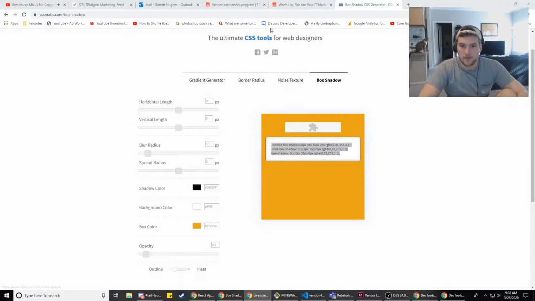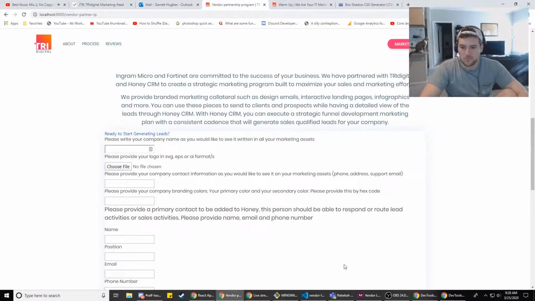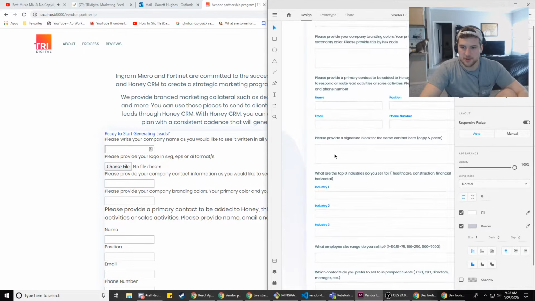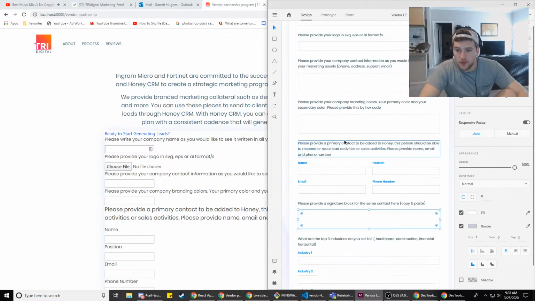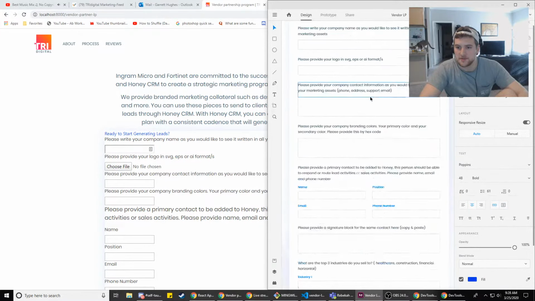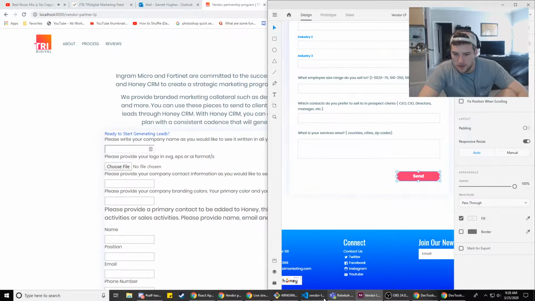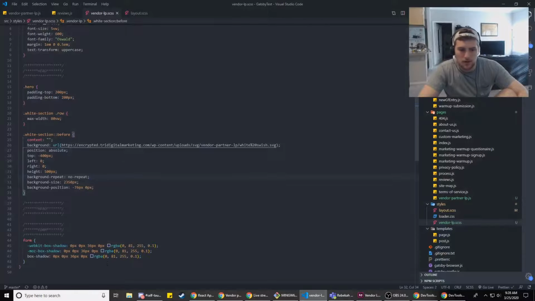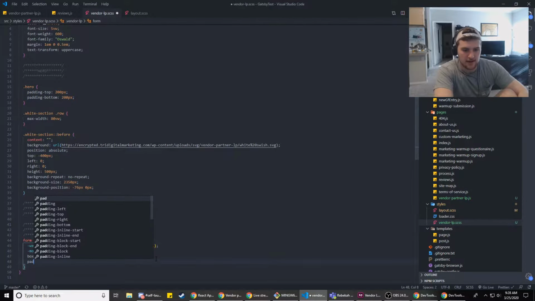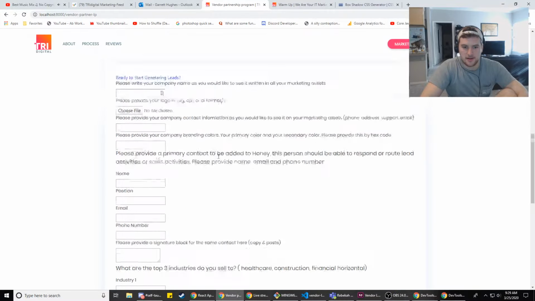Alright, so now if we go back to this thing, the form's got the little box shadow. That needs some padding on the sides though, right? So this is like 40 on the sides. And then on the top it's the same. Is the bottom the same too? Okay, so we got like 40, 40, 60, 40 for padding. So over here, we'll go to the form and then we'll do padding. And we'll do 40 pixels, 40 pixels, wait, 60 pixels. And then that should give us the right padding we need.